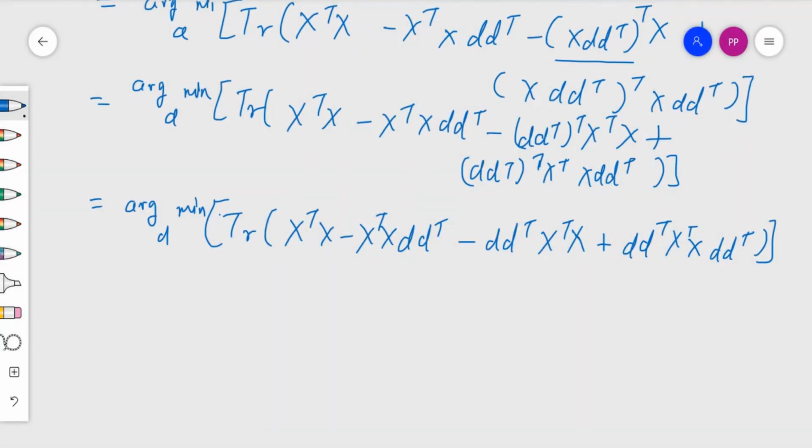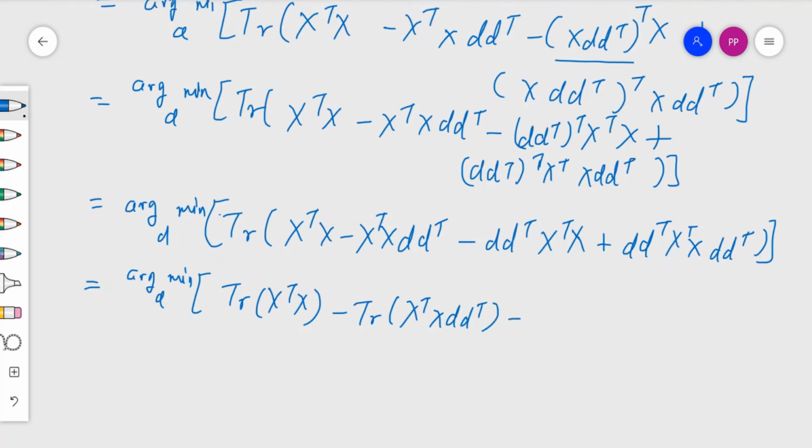So this is equal to, if we go further, then you will see that we can write all the terms with trace separately, so that we understand how the trace operator can be utilized in this case, because trace is a special operator which gives us many benefits of simplification of matrix and vector operations. So let us take the trace of each term separately.